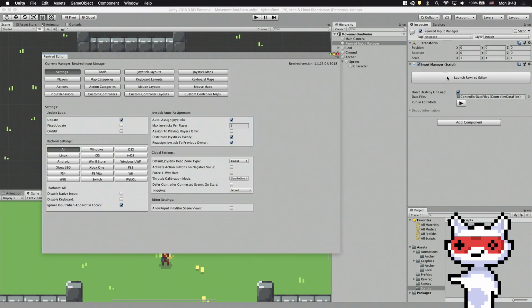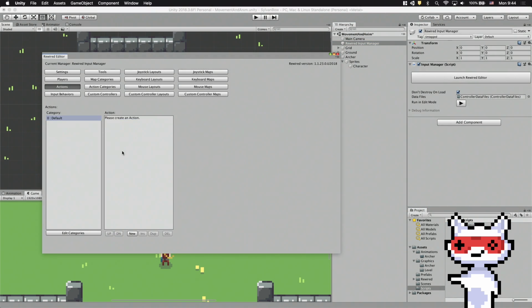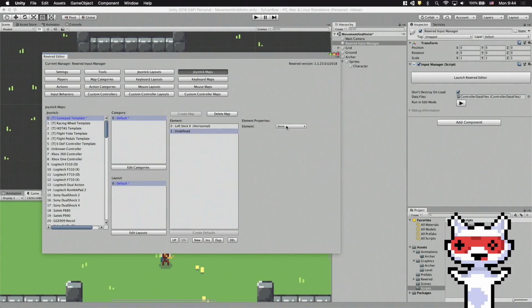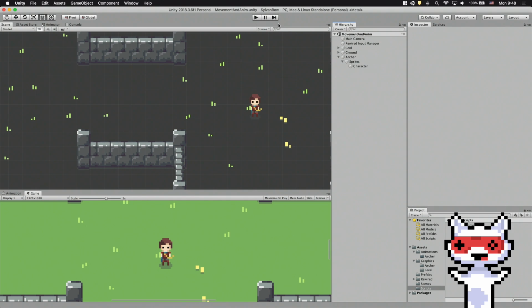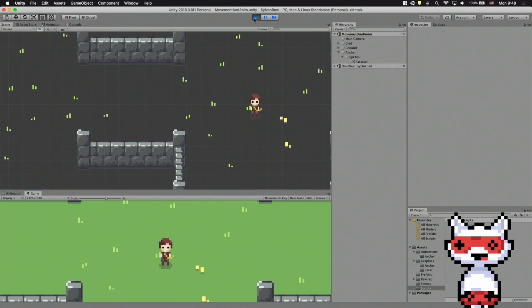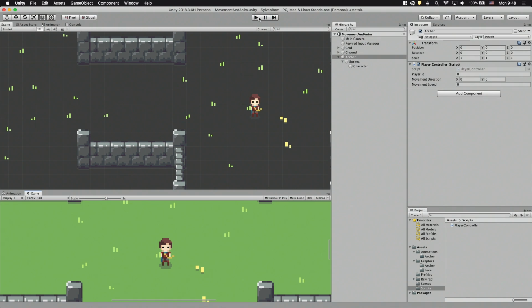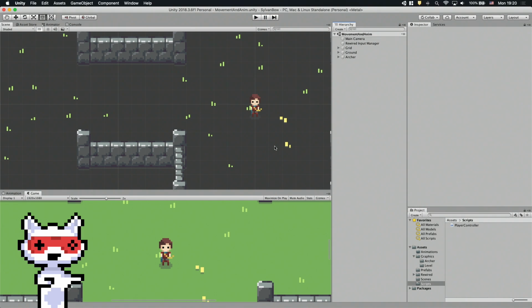Now I'm quickly redefining the Rewired inputs for horizontal and vertical and assigning them to the left stick's X and Y axis. For the built-in input system, Unity defines these by default. Let's try it out. By moving the stick, we can see in the inspector window that the movement direction and movement speed variables change. Now it's time to move our archer.